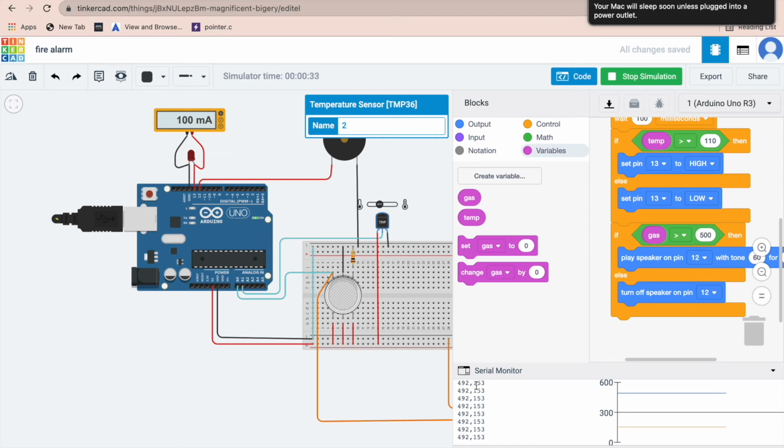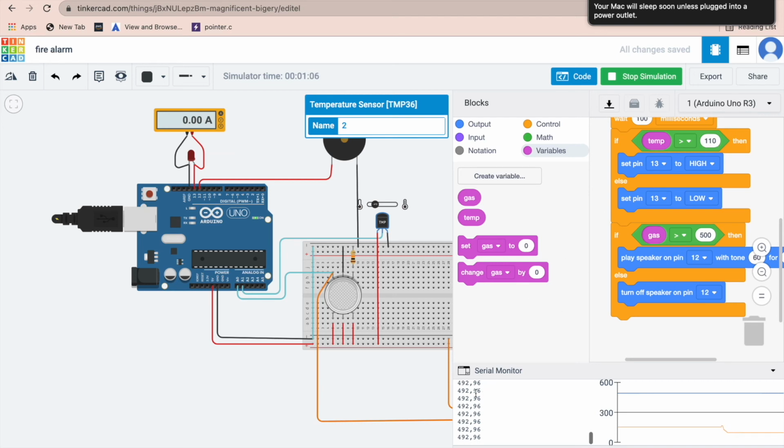It means if the temperature is greater than 110, the LED will glow, and also the reading will be shown here. Now let's bring it down to something less than 100. Now you can see the ammeter is showing 0.00 ampere reading, and the temperature is 96, that is less than the threshold value we have set as 110.